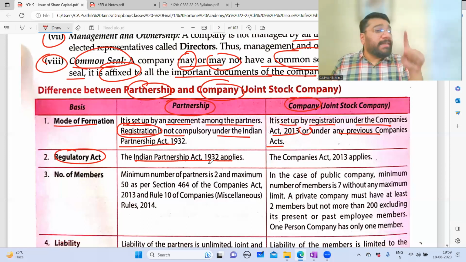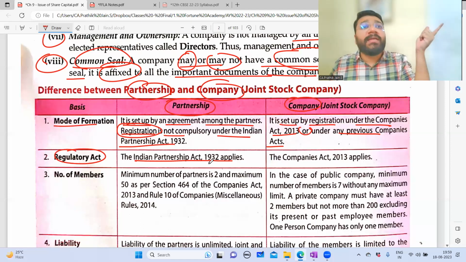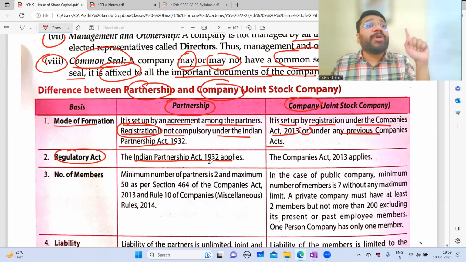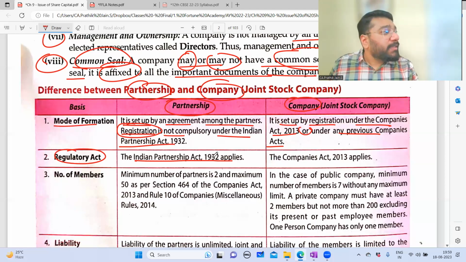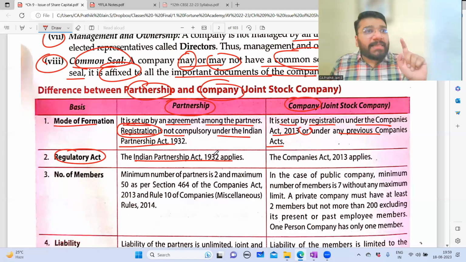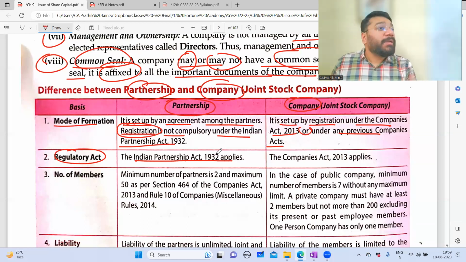The Indian Partnership Act says that in the absence of a partnership deed, the profit sharing ratio will be equal. Interest on capital will be 0. Interest on drawings will be 0. Interest on loan by a partner will be a minimum of 6% per annum. So this was a problem, and who gave a solution for this problem? The rule book called the Indian Partnership Act 1932. So what is the rule book of companies?